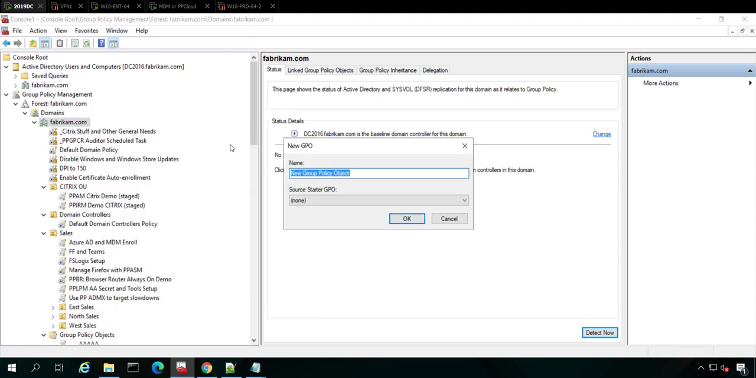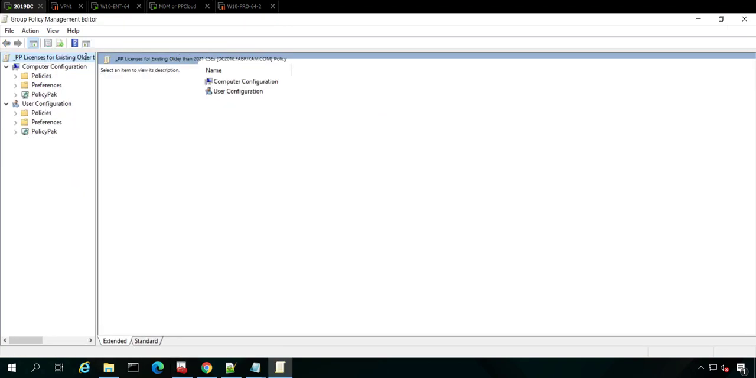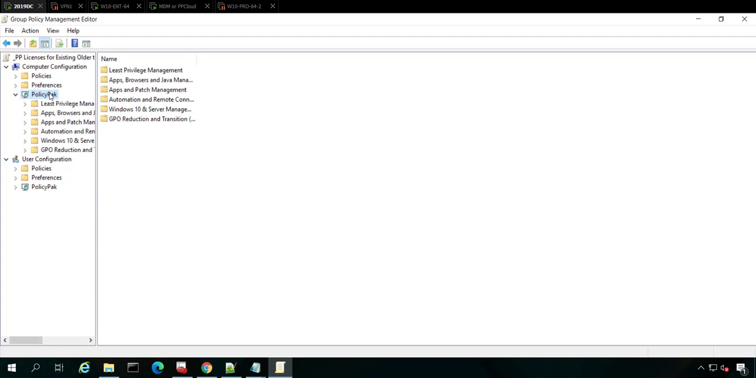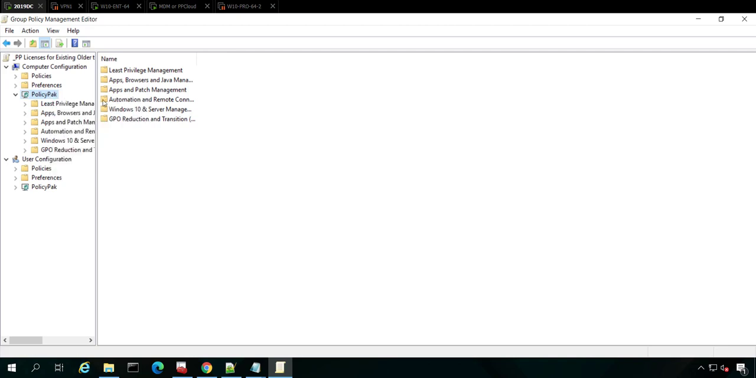Now this one you can call like PolicyPak licenses for existing, older than 2021 CSEs. Okay, so this is the old school one. Okay, you just right-click, click Edit here, and then we'll go on to the computer side. Go to PolicyPak, and this is a little bit tricky. You left click to get it kind of warmed up, and then you right click and go to license management. So on the PolicyPak node, you left click first, then you right click and go to license management. Okay, so once you're in license management here,